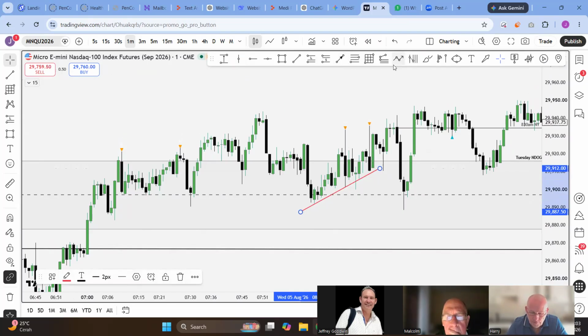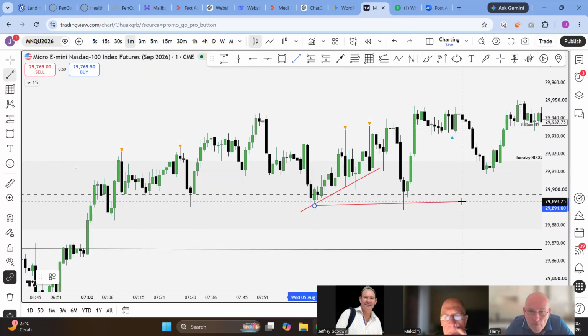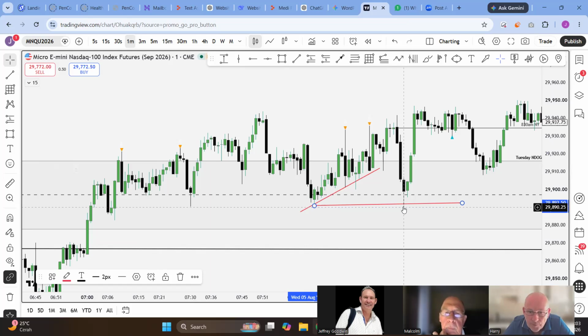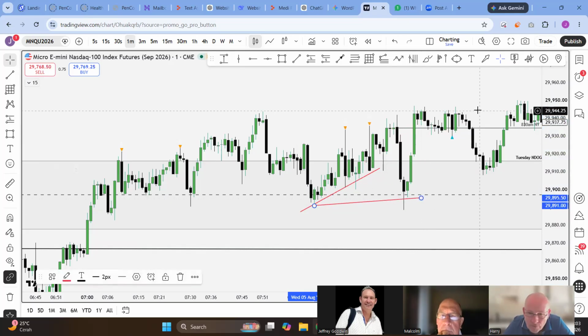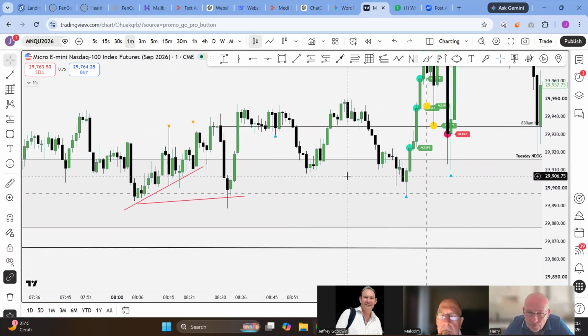This is the boring bit. This is what happens usually at 7-ish. So I do that there. Did the bodies break through there? Well, do you see how the rules are keeping you safe, guys? The rules are keeping you safe. And the same for this buy here. So a lot of the time, it doesn't move in a direction. I just ignore it and I wait to 9 or 9:30.